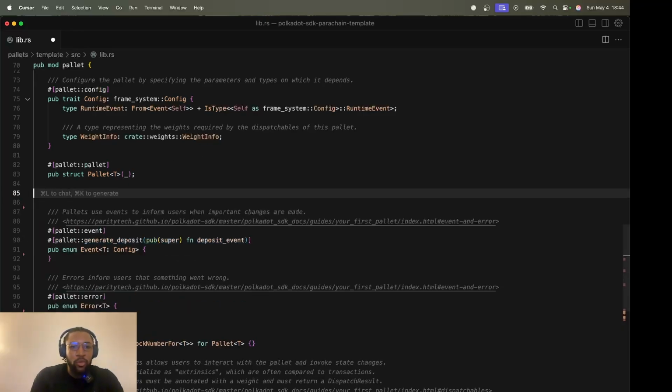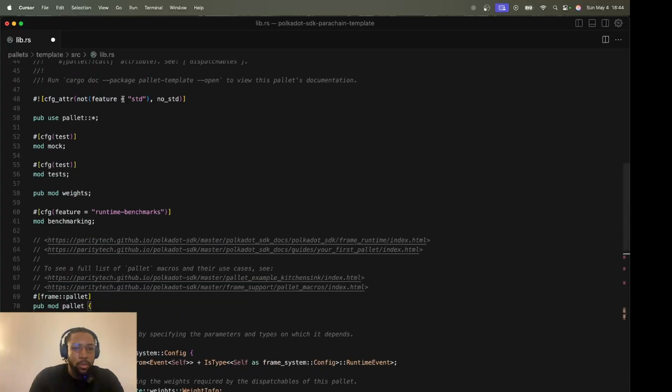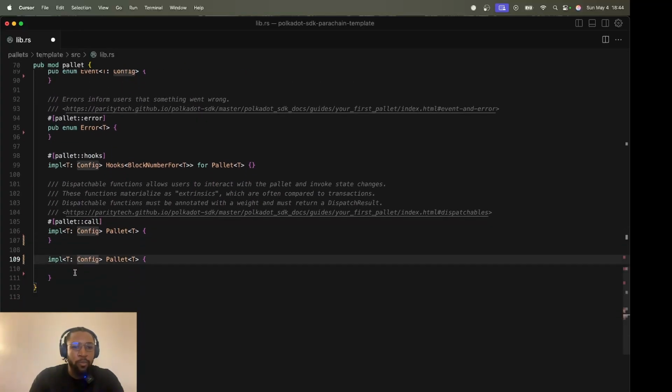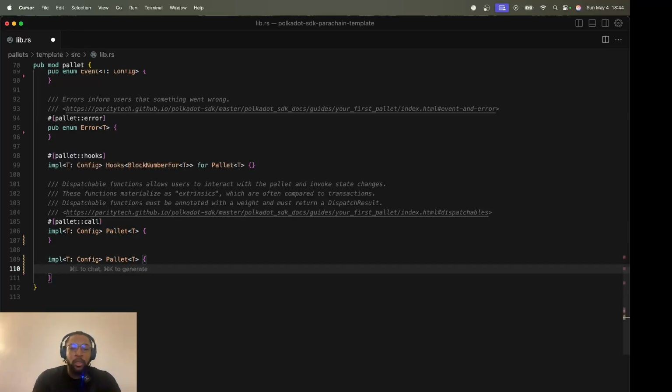So we don't need the struts. We need this import. In the onboarding session, I talked about these lifecycle functions: on initialize, on finalize, on idle. They basically utilize the state on chain.